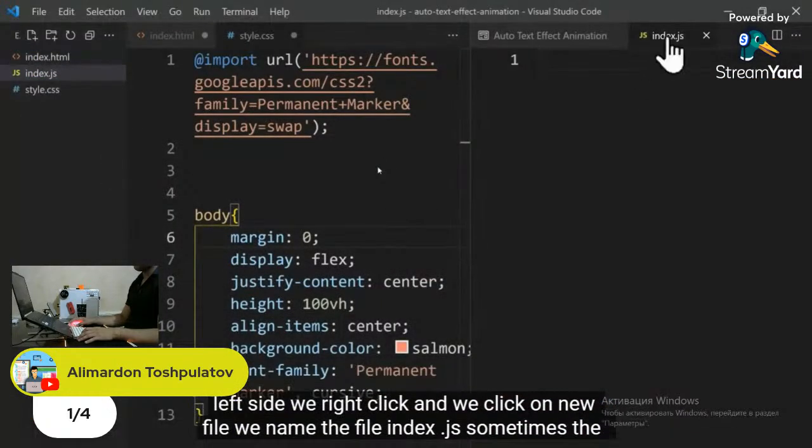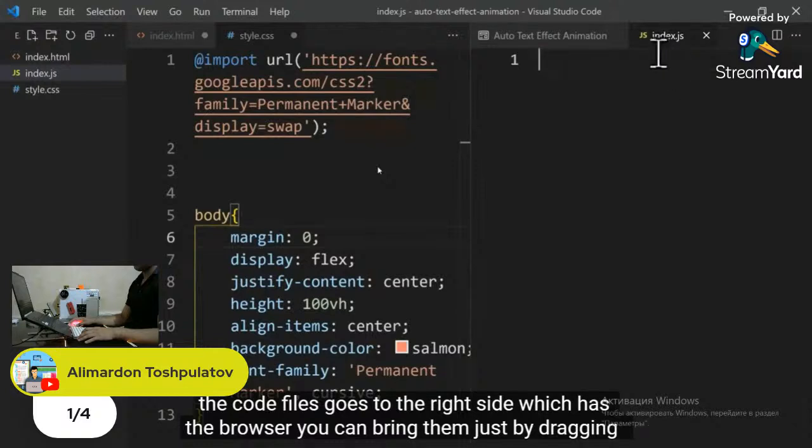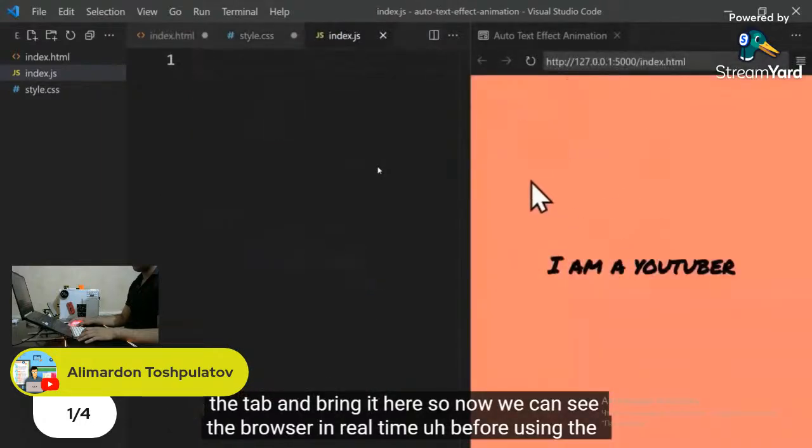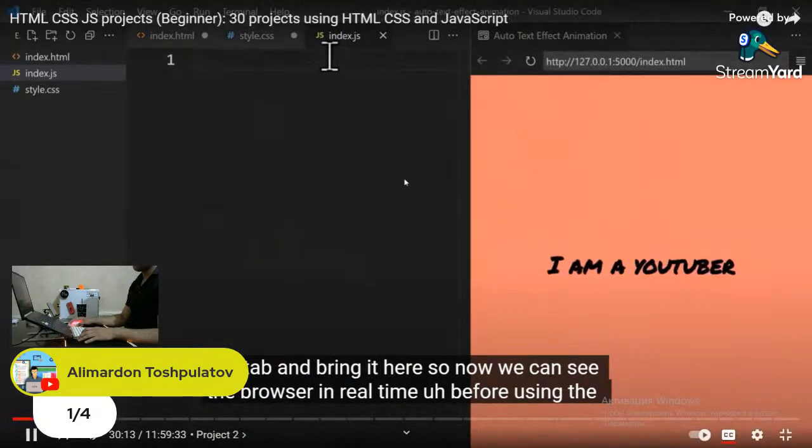index.js. Sometimes the code files go to the right side, which has the browser. You can bring them just by dragging the tab and bringing it here. So now we can see the browser in real time. Before using the JavaScript,